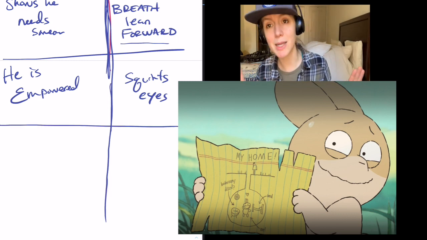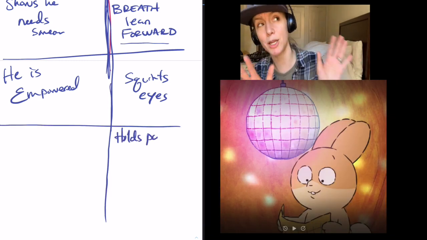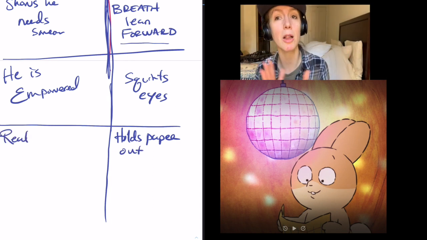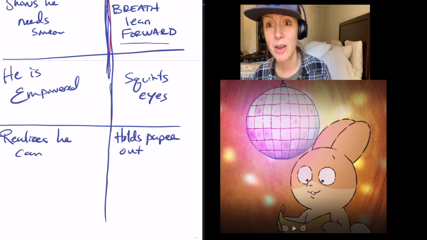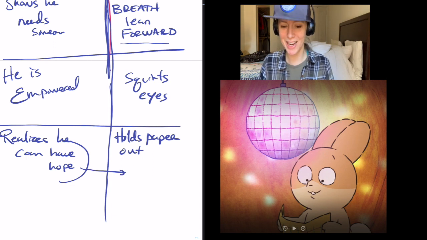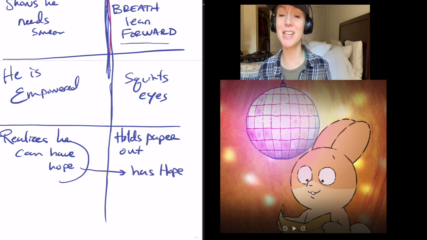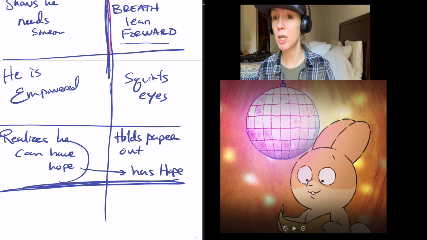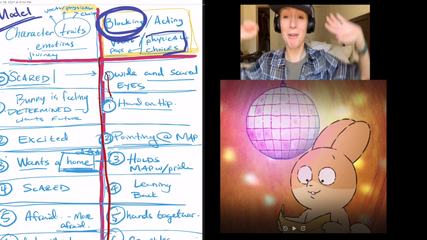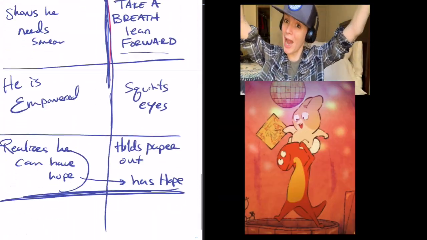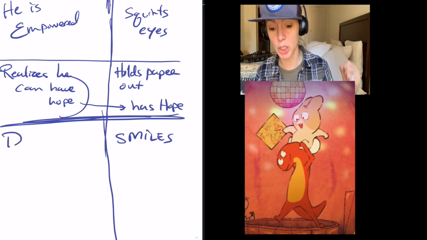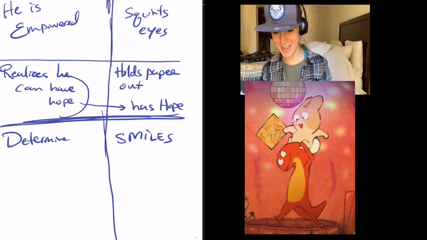And now again, guys, remember, you're not taking notes on the bunny, right? This is a demo. You are doing this assignment about whatever monologue or scene you have. Yes? Next choice, he smiles, and he's just kind of like, okay, I'm going to do this. I'm going to make this happen. And it's going to be awesome. So he's changed because people have decided to help him. And he is just different. He's higher up in the frame. He's being lifted up by his peers. He is smiling again. These are all choices. He is ready to party.